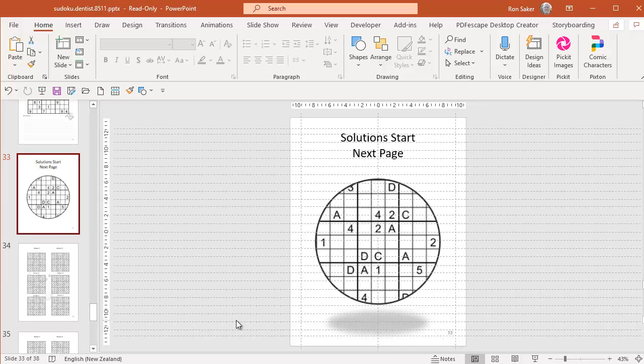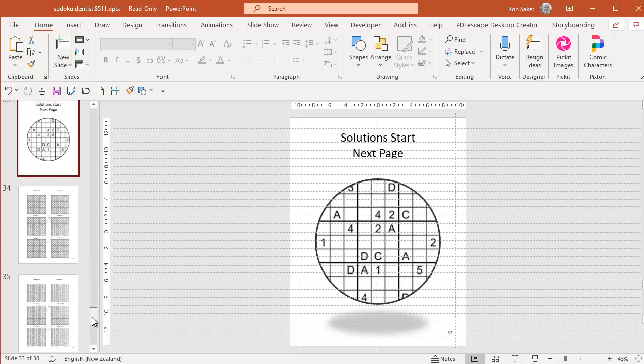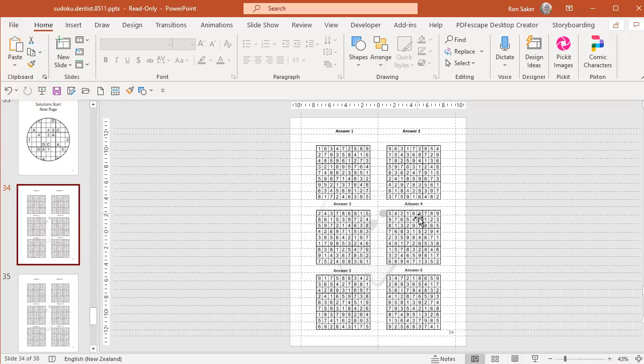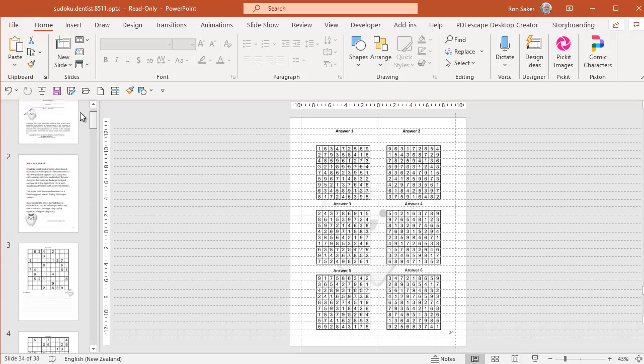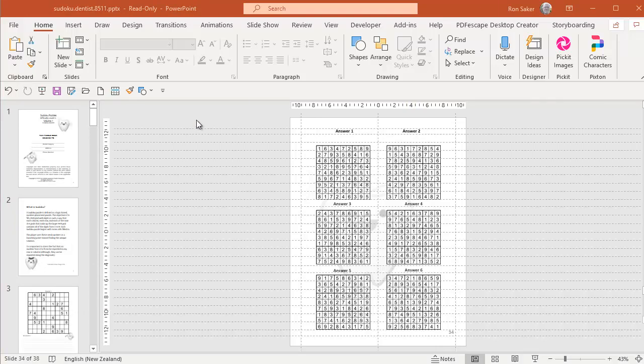Obviously 34, but if you're doing 120 puzzles, it would have been 124 as shown in the previous. And there's your 6-up. So you've got that tooth in the background, and you've got your puzzles actually being displayed on top, which is absolutely fantastic. Okay, so now I'm going to show you how to save your